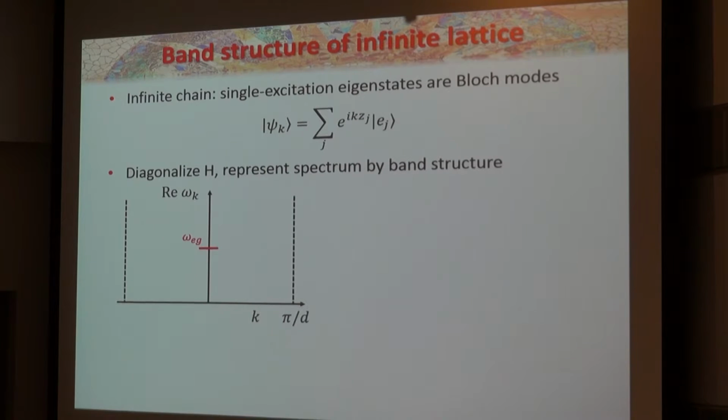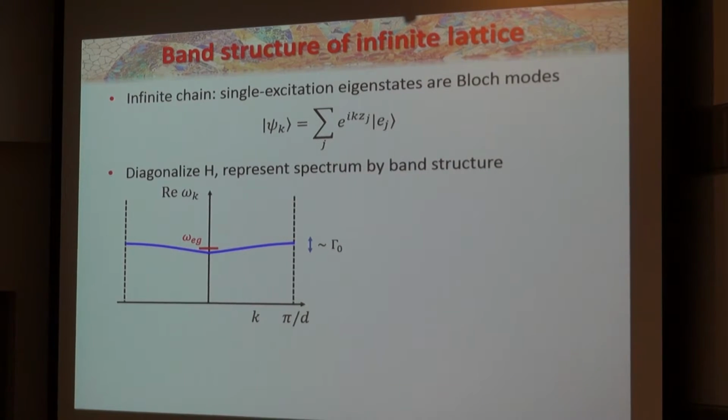I haven't diagonalized anything for you explicitly, or shown you any equations. But what you can imagine quite generically is that an atom is a very high Q element. It only talks to light within a very narrow frequency window. So regardless of the exact shape of the band structure, you can say with decent confidence that the band is going to be very narrowly centered around the bare atomic frequency, and its width is going to be on the order of the single atom free space emission rate. So what you see here is actually completely blown out of scale already. Omega eg, again, is about 300 terahertz.